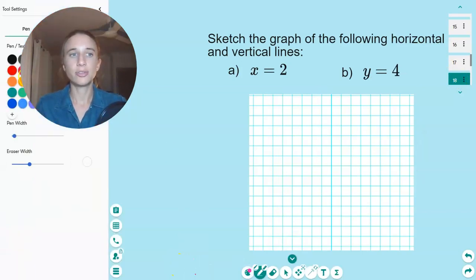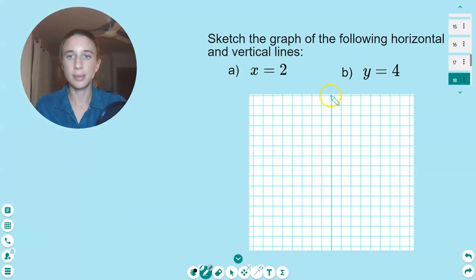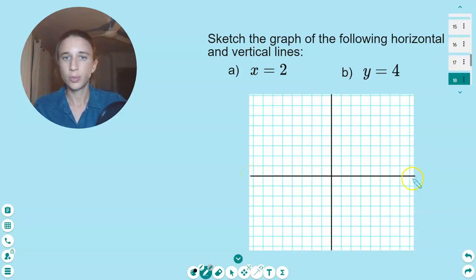Sketch the graph of the following horizontal lines. Let's set up our Cartesian plane. What does the graph of x equals 2 look like? Did I put the x and y? Yeah. So the graph of x equals 2, well, that will lie on the x-axis at 2, and it's the